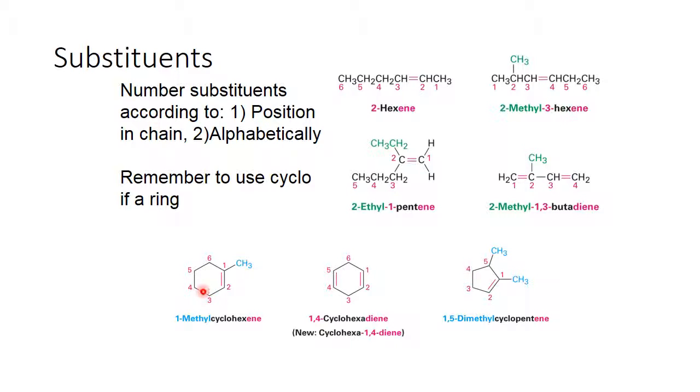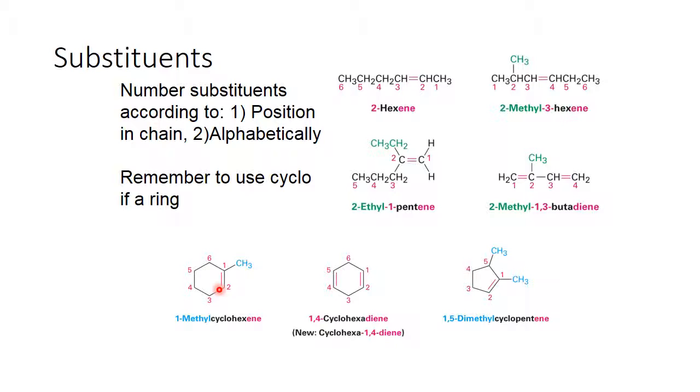Let's look down here. This is a 6-membered ring, so we say cyclohex. It has an ene in the ring, so it's cyclohexene. This is the number 1 carbon. It must be. In a ring, the functional group always is on the number 1 carbon. So 1, 2. The numbers must go through the double bond. You can't go 1, 2 this direction. They must go through the double bond. So this is